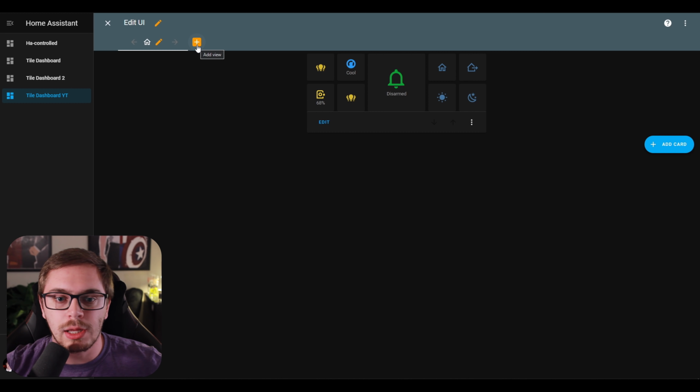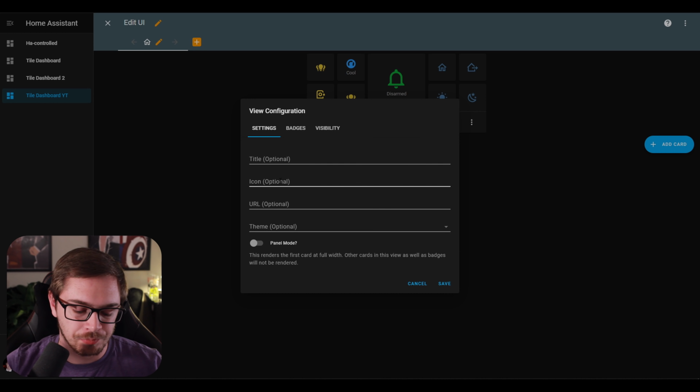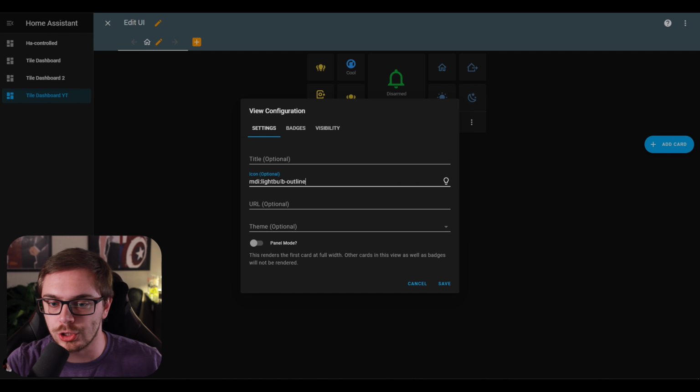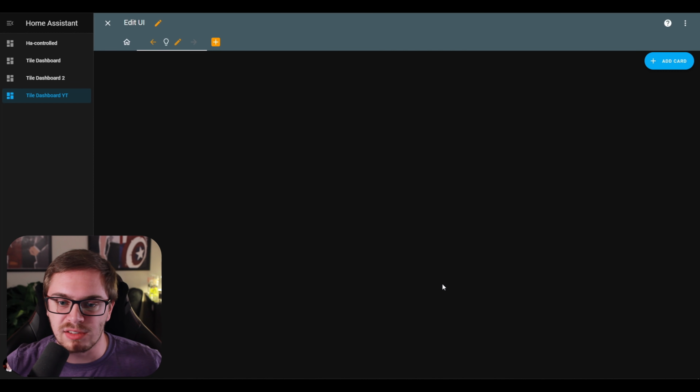We can click up and add a new view. This is going to be our light view. I'm going to add an icon of a light bulb, and of course the outline version because I think it looks nicer. And we're going to title this lights. Now I can click save. You'll see that it added a new view, and now I need to add all of my lights to the